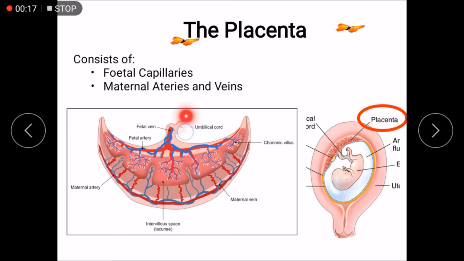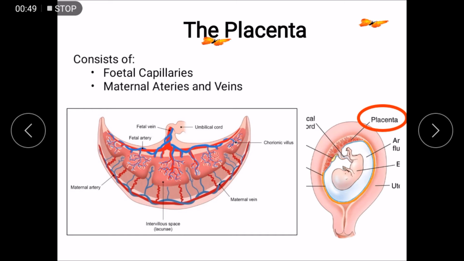As for the baby's waste product, it will diffuse from the capillary into the mother's blood pool, and then be carried by the maternal vein and go back to the mother's circulatory system. So you can see here, there is no mixture. The mother's blood is only in this pink region. Then the baby's blood is in the capillaries. So there is no mixture of blood between the